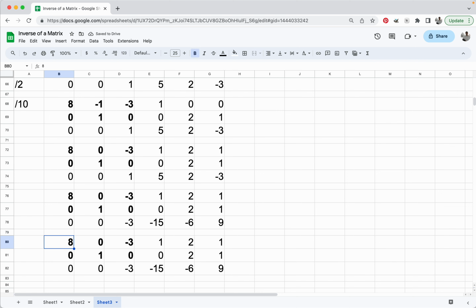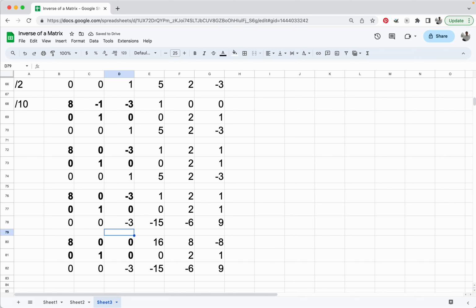Row 1 minus row 3. Okay, 8 minus 0 is 8, 0 minus 0 is 0, minus 3 plus 3 is 0, 1 minus of minus 15 is plus 16, 2 minus of minus 6 is plus 6, 2 plus 6 is 8, 1 minus 9 is minus 8. Alright,